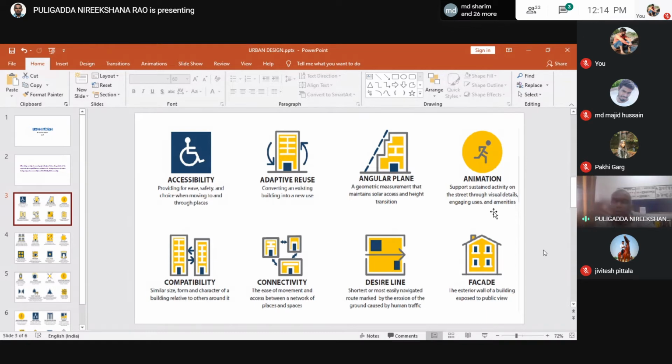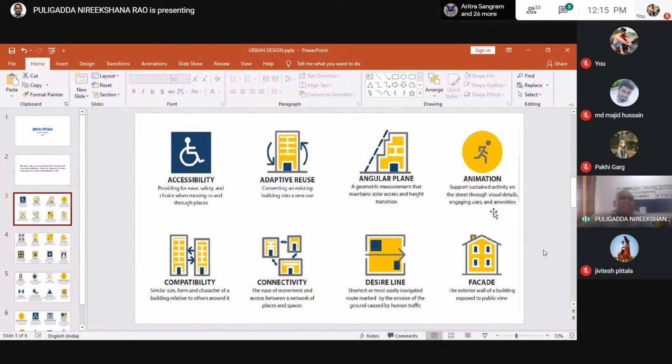So generally we ask, what is happening in this street? Then we can know what this street is. The things which are going through the street or through the space can be called animation. Motu Patlu, I said, don't think like that. There is another type of animation, applied arts, but here animation is the visual things which are happening in the streets. Are you understanding? Yes, sir. The things which are happening in the streets can be called animation.